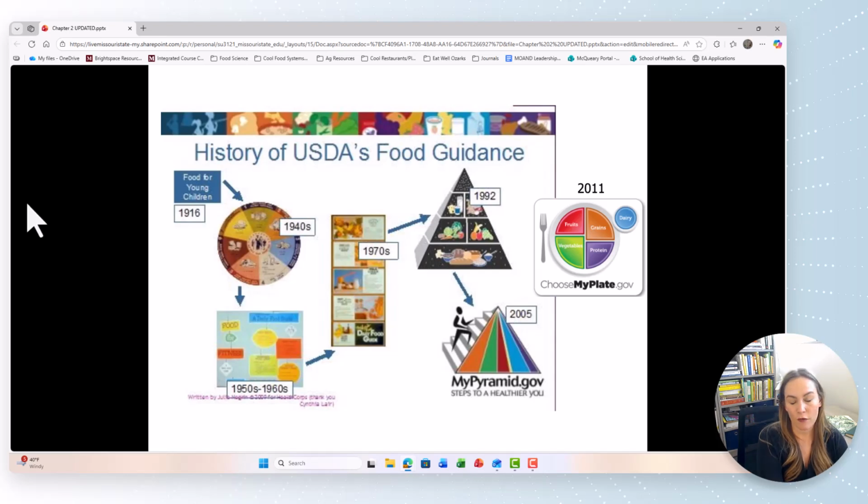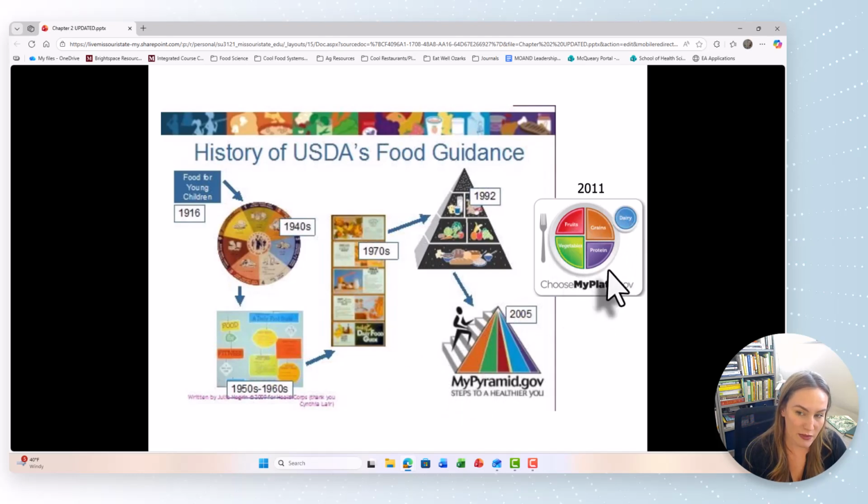This is an overview, like a timeline history of the USDA's food guidance. So you can see it's taken a lot of different forms over the years. 1960s, it looks like a wheel, into the 40s, and then we have this sort of flow chart. I started receiving nutrition education when I was in elementary school in the 90s, and it looked like this food pyramid here for a little while. You can see we kept that for quite a long time, and a lot of different countries use this food pyramid model. We tried this one in 2005 to show that physical activity was an important part of health, but